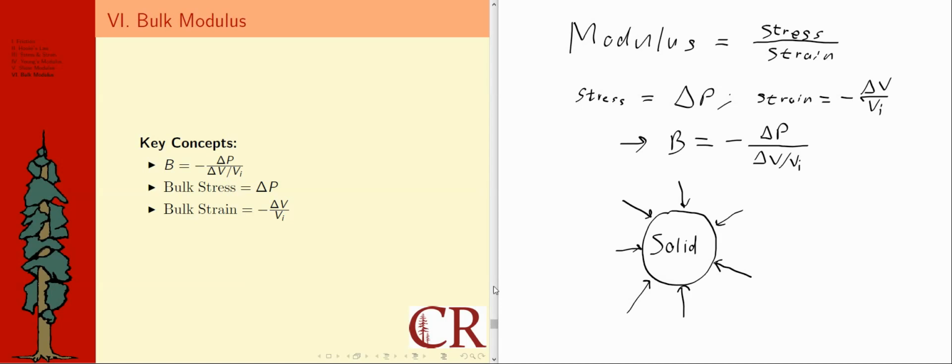The last elastic modulus that we're going to look at is the bulk modulus. And again, remember that modulus is always equal to stress over strain, representing a linear relationship between an applied force or set of forces and a deformation of a material object. And in this case, the stress is actually equal to delta P, which represents a change in the pressure applied